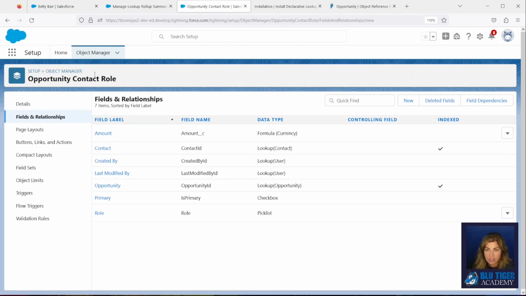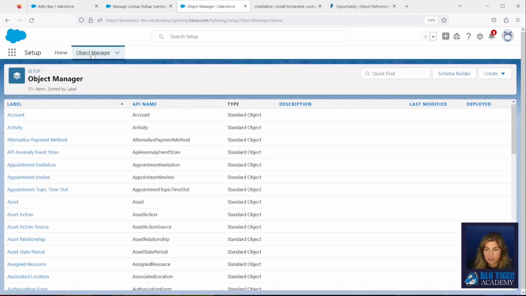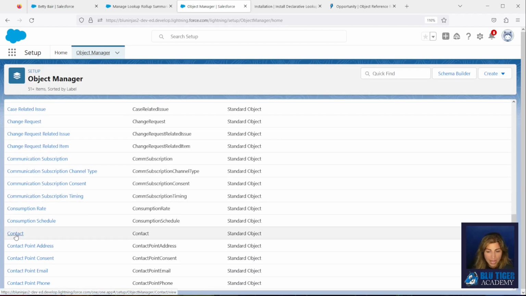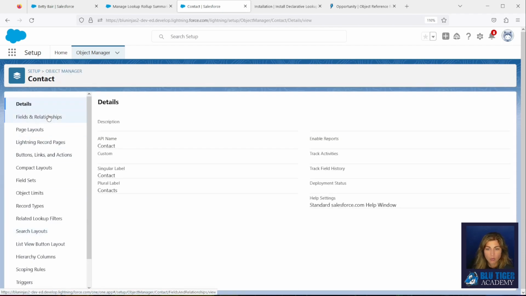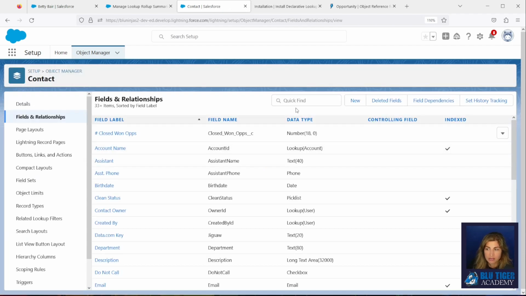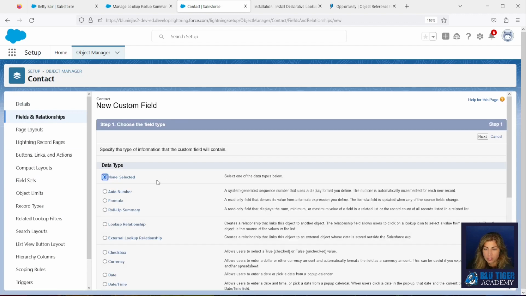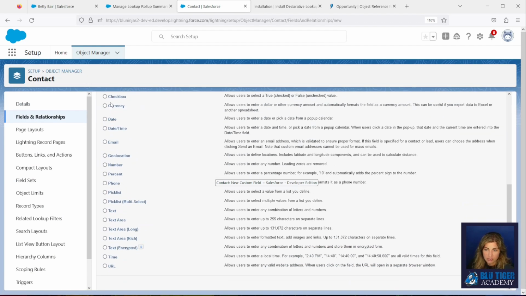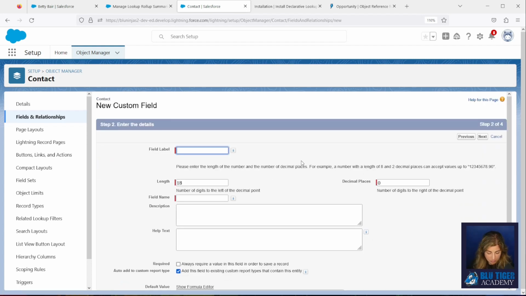All right, next we have to create the field on the contact that's going to hold the amount of the closed one ops for this particular contact. So we'll create a new field here, and this is going to be a currency field. We'll hit next. And this is going to be amount closed one ops.